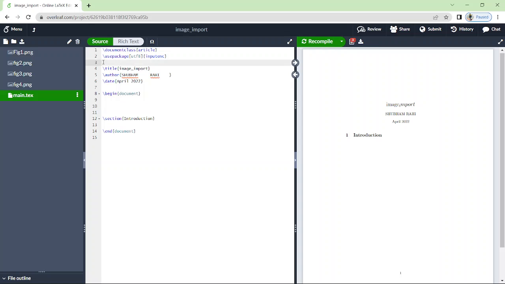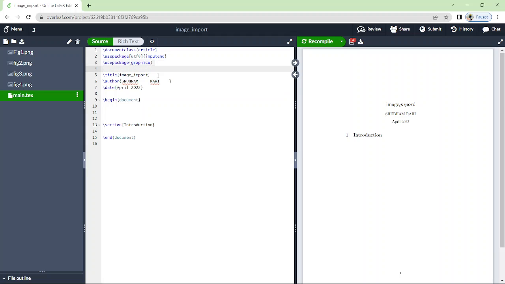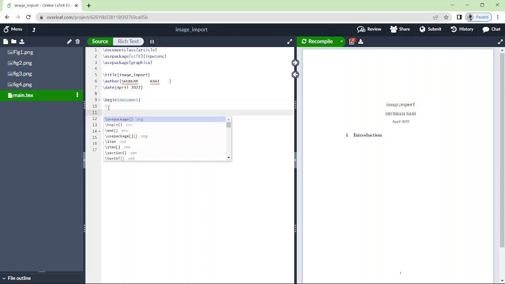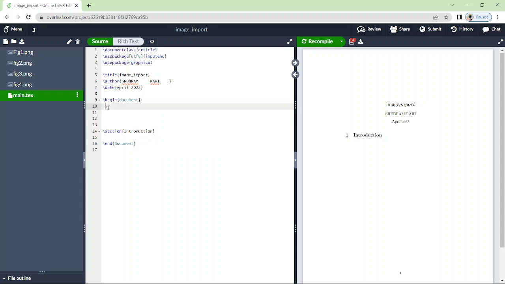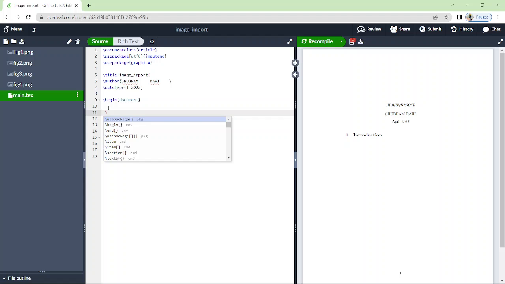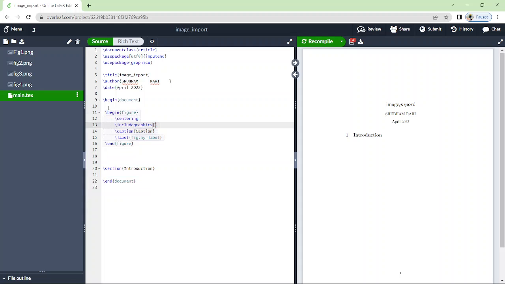Here in the header, you just write use package, and then you select use package one, and then here you write graphic, the second one, graphic X. This is the header. You have to update this first, and then forward slash backward slash figure. So when you type the begin and in the curly braces figure, you select the second option, and automatically